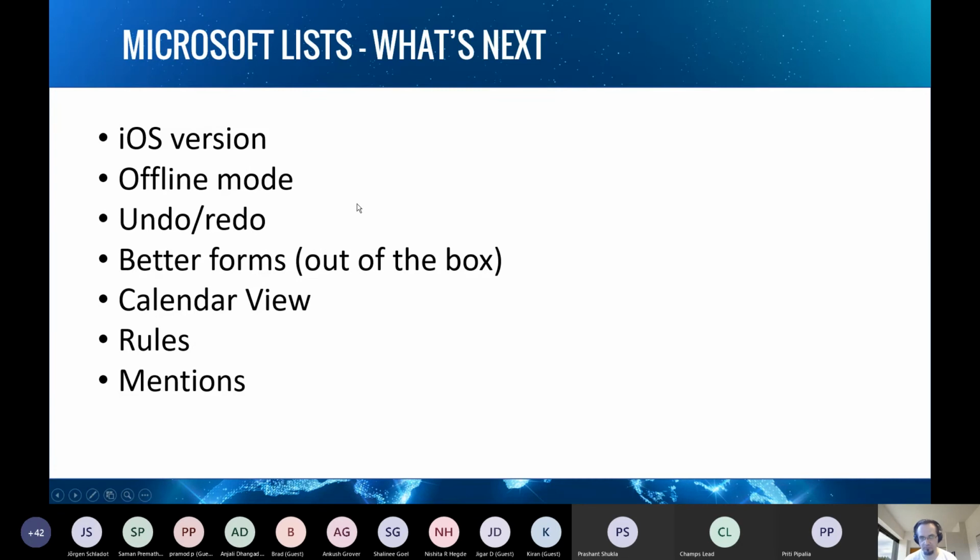So that's what's coming. And I think that's not all, because there's definitely a new engine coming behind lists that will allow us to work with very large lists with good performance. I think more will come next year. So check the Microsoft 365 roadmap, because I hope there will be a lot of news next year. And I'm definitely waiting for templates, for creating my own templates and sharing them with my colleagues.